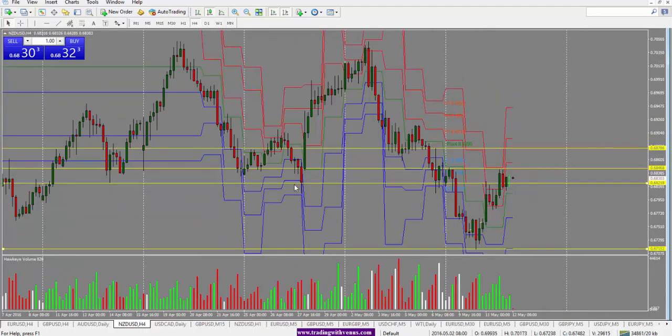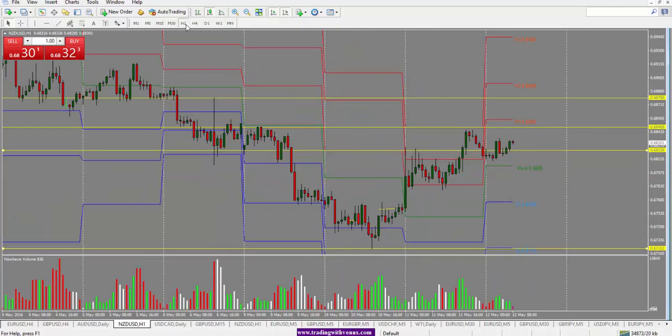Looking at the 4-hour chart here, this is the support and resistance, the 0.6850 level that we're looking for it to go and test. As you can see here, we see a lot of green candles. The momentum is to the upside, and we are looking for it to continue on all the way to 0.6880 here. It is holding above the pivot at this point, which would suggest that it will move up further.